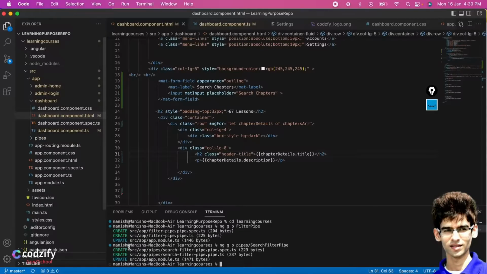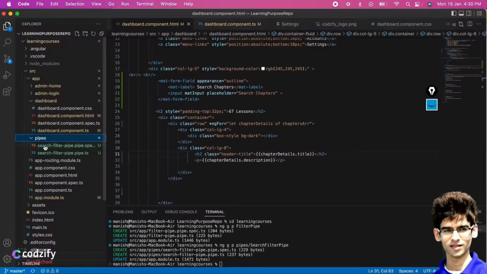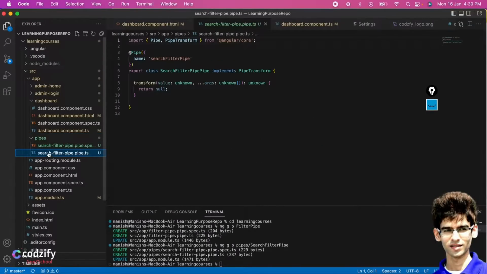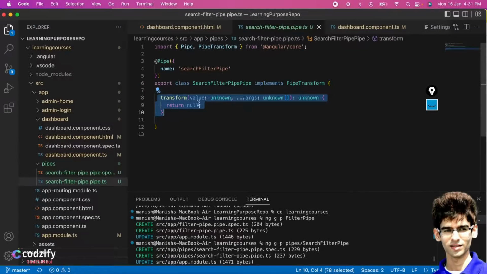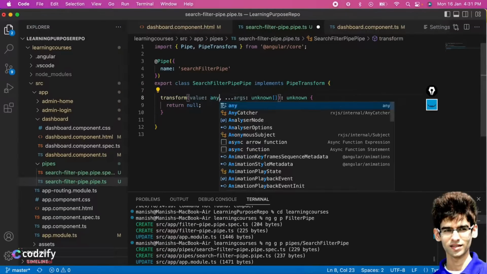Enter. This will create one pipes folder for us here on the left side, and inside that we have the search filter pipe. Now in this search-filter.pipe.ts, we have one value and the arguments. What we are going to do here is, this value will be of any type.